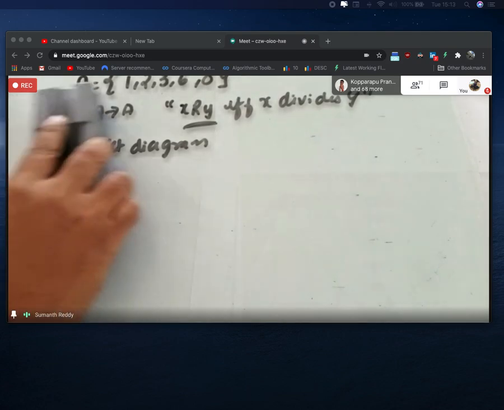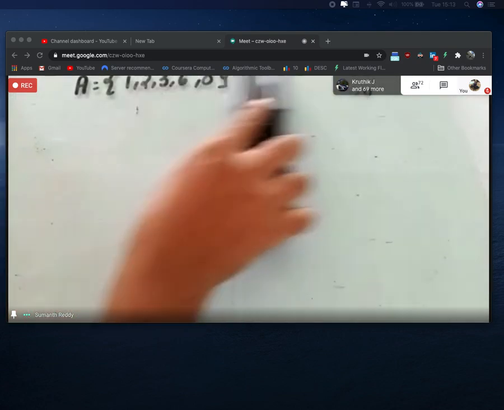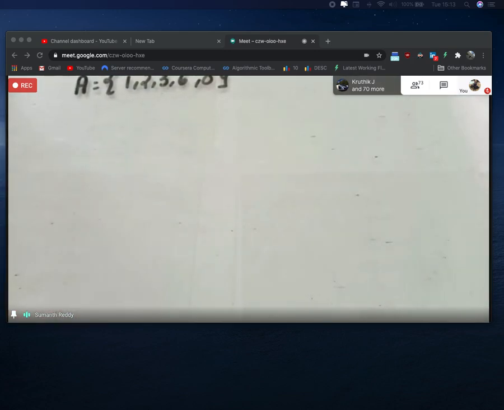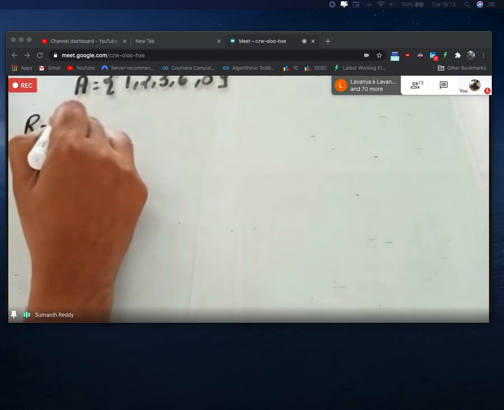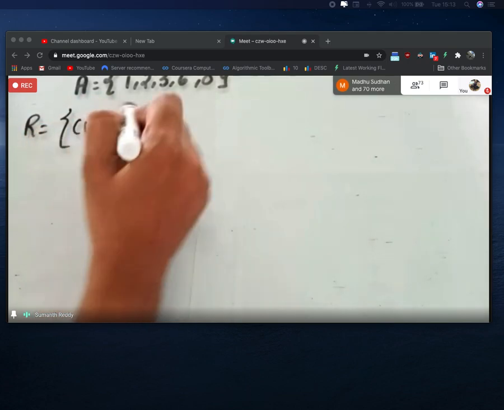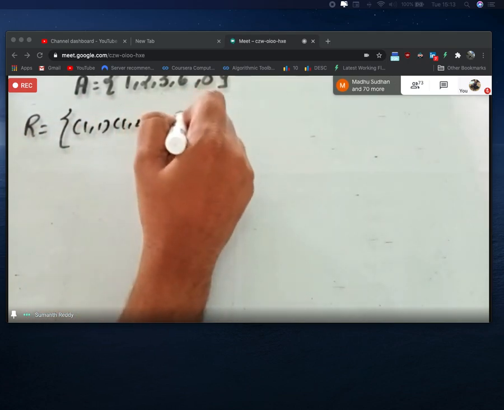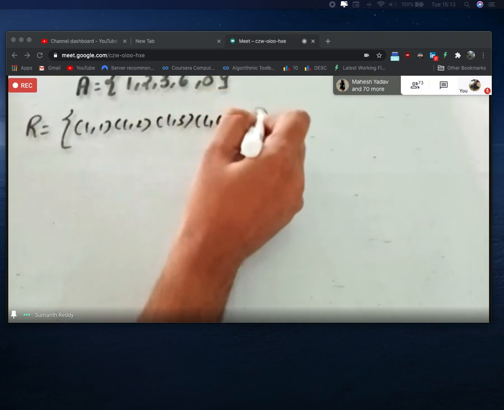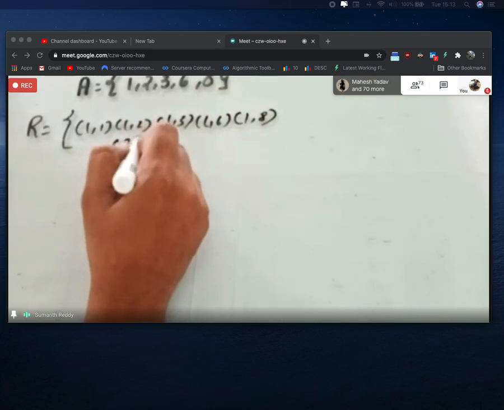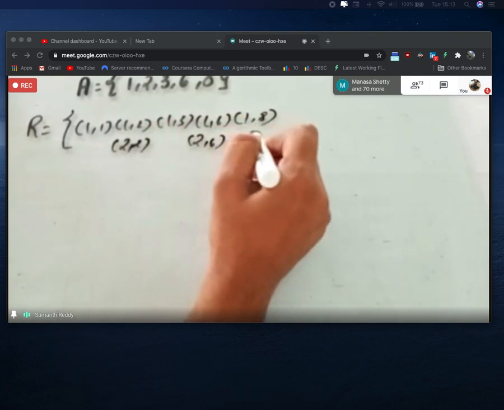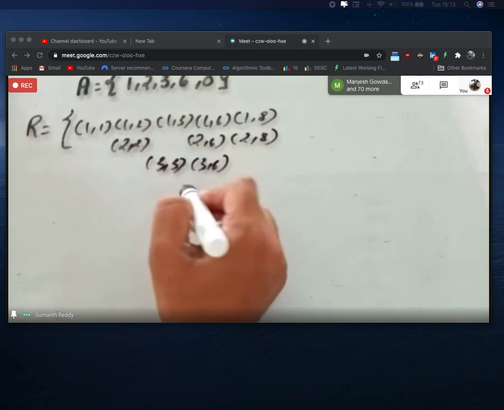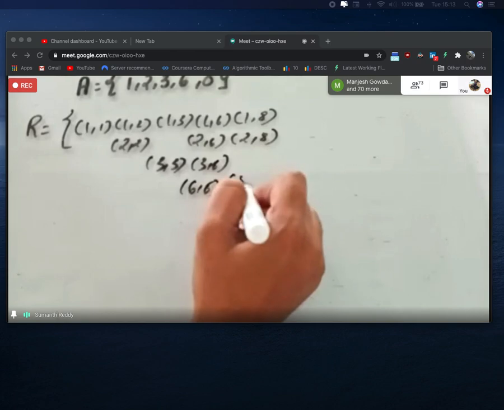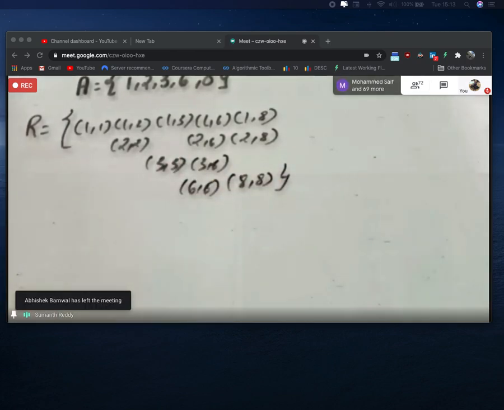Okay, students, I think most of you have already solved it. I will also solve it parallelly. If you have any queries, you can check. As we already know, first I have to write the relation. Since it is a divisibility relation, I write the ordered pairs like (1,1), (1,2), followed by 2 is related to 2, 2 divides 6, 2 divides 8, 3 is related to itself, 3 divides 6, and then (6,6), and finally (8,8). These are the ordered pairs.